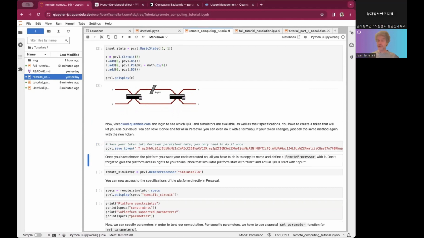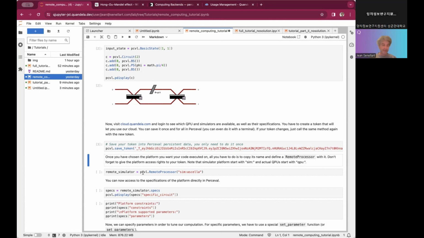So the saving of your token is something persistent. It means that it will just be on the hard drive where you are running your notebook or your script locally. So you only need to do that once, and then you can run your script without worrying about putting the token. Of course, when the token expires, you need to renew it. You need to check that the token has the correct rights.